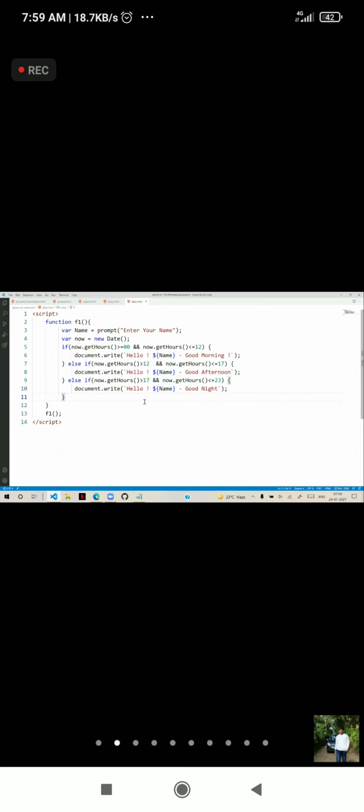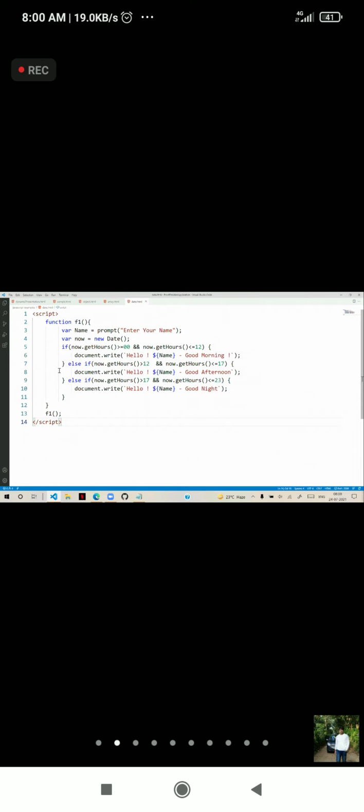Then here one more problem will come: how we can display the clock and how we can define the clock generally. This salutation we will display inside the toolbars, somewhere on the home screen. Currently I'm just using document, but you can put it in a div or a heading anywhere. Usually in regular websites, you will see the time displayed.